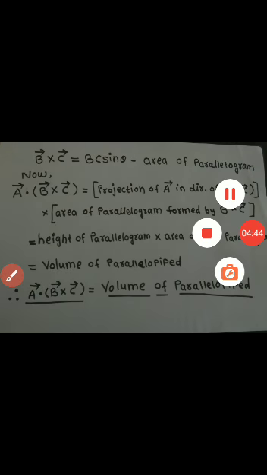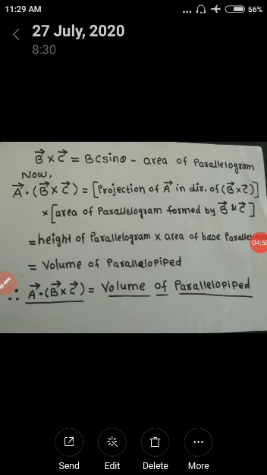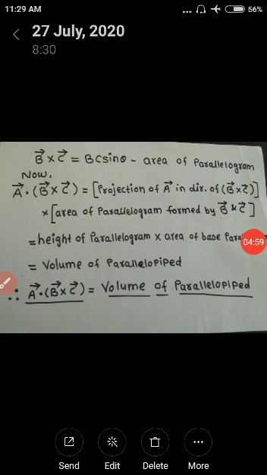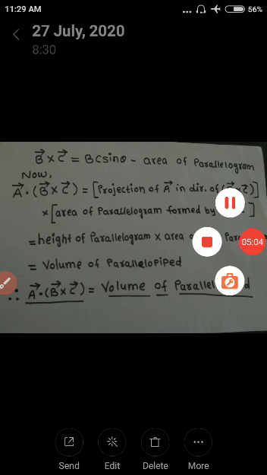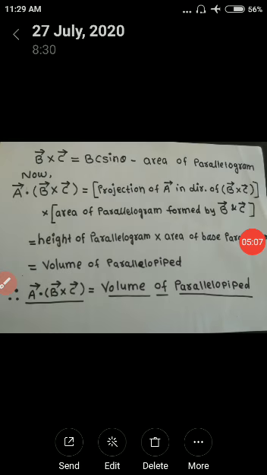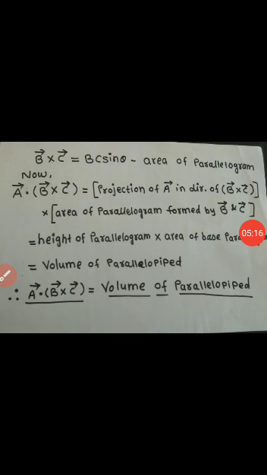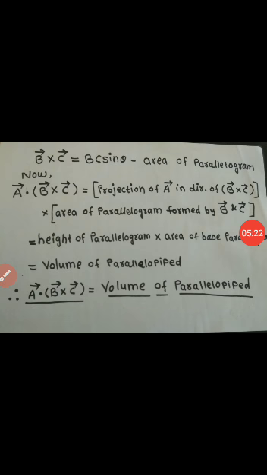And I want to mention one thing: this question is always asked for 10 marks from the point of view of the examination. The question is asked like this: define scalar triple product and give the physical interpretation of that scalar triple product. This question is asked for 10 marks, and therefore it always plays a very important role. Please prepare this point for the examination and as an interesting property of that product.